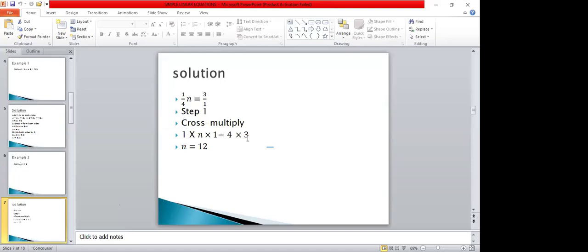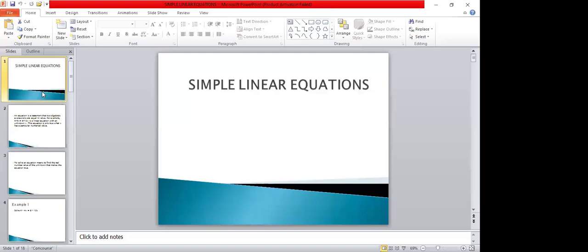We have explained the topic for today, simple linear equations. So, as I said, it shouldn't be new to you, but it will be like a revision as well. And an additional